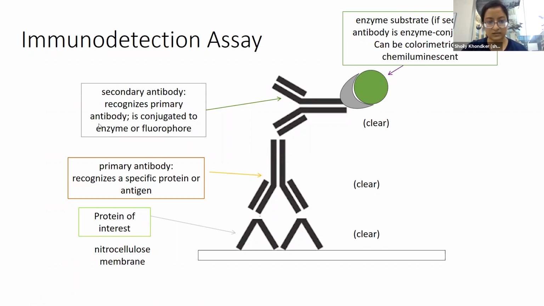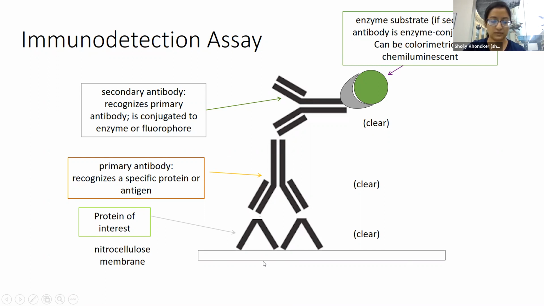What's becoming more common now is secondary antibodies that are conjugated to a fluorophore, specifically long wavelength fluorescence or near infrared fluorescence. This is pretty recent, but the reason this is preferred over enzyme conjugated secondary antibodies is that visualizing a protein through this technique is limited by the amount of substrate that you use, and it's also limited by the enzyme itself. So if you don't have enough substrate and all the enzyme is used up, you may not get an accurate